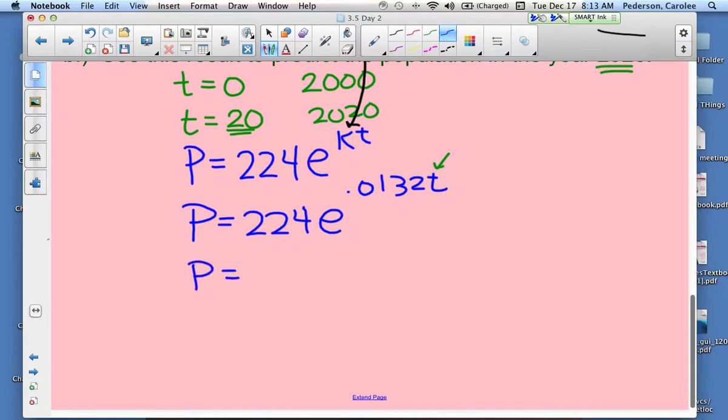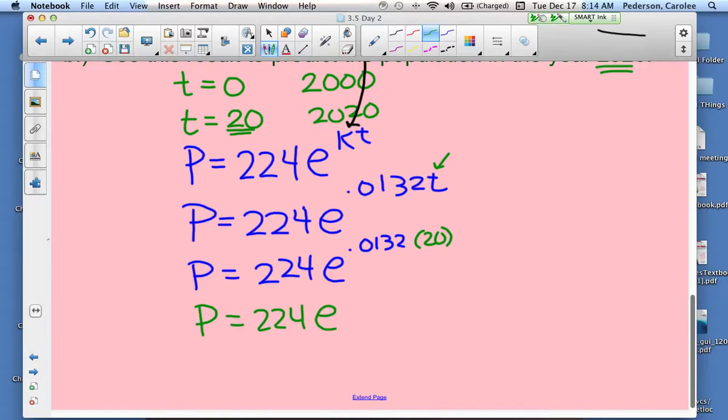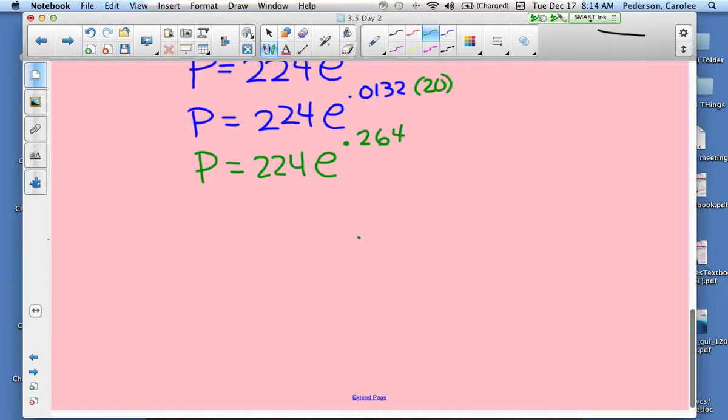So the population equals 224e raised to 0.0132, and we'll replace that time with 20. With the order of operations, we do the exponent first, 0.0132 times 20. When you multiply those two values together in the exponent, you get 0.264. Now use your calculator: 224e raised to the 0.264, and you get P equaling